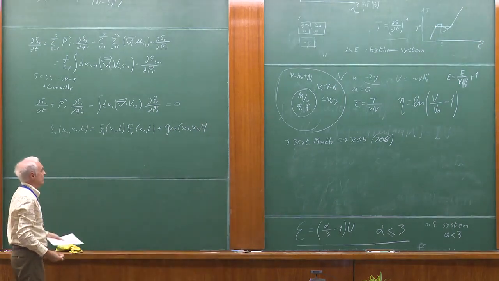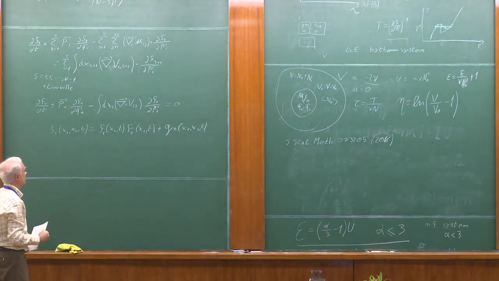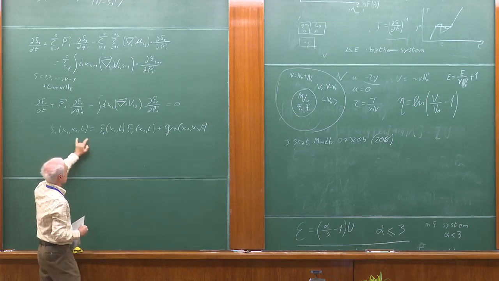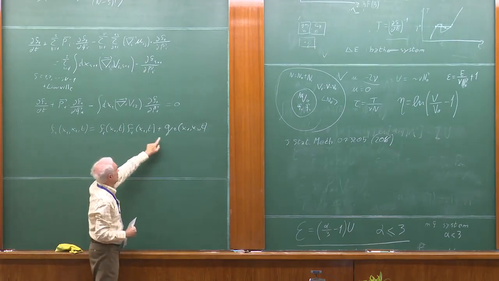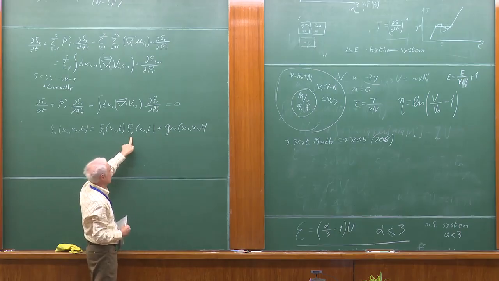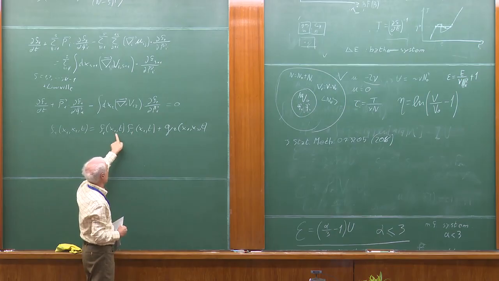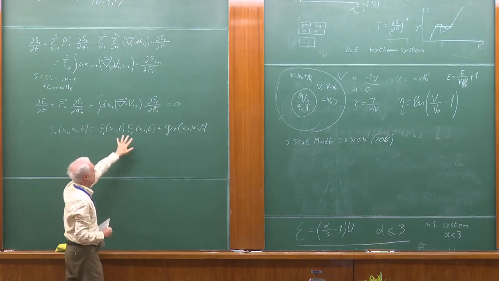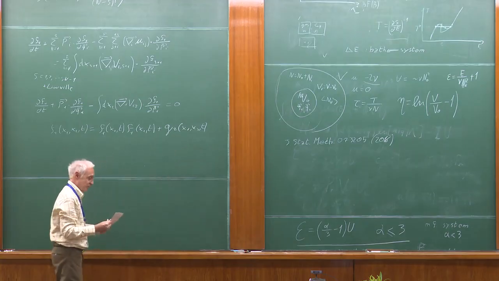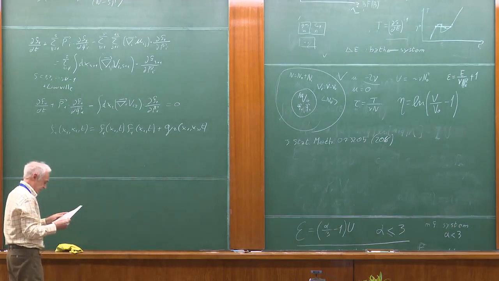It is called the pair correlation function. Practically, you see what it means, that it extracts from this the uncorrelated part. And what one expects is that when Q1 and Q2 are very far apart, this will go to 0